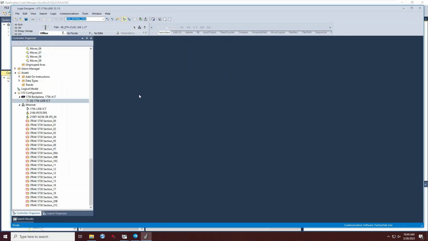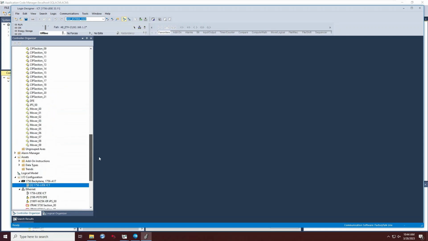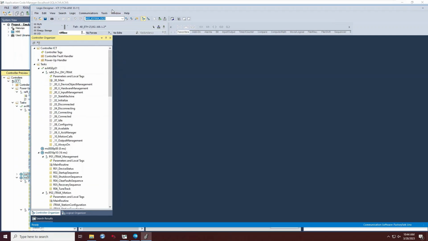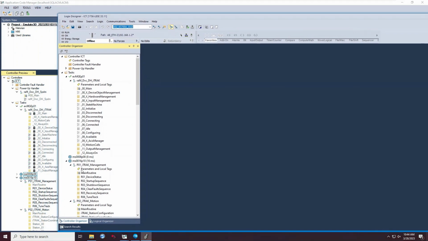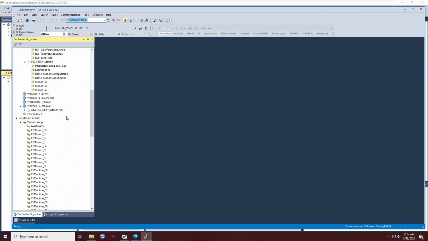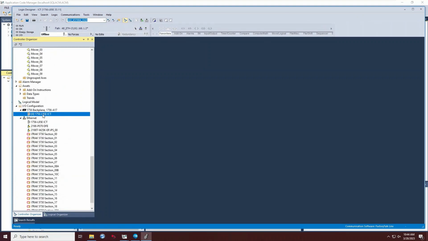With the ACD file opened up, we can now see that everywhere within the processor, I have all the sections added over the Ethernet network. I have all the movers, all the sections in my motion group. I have all of the routines, all the logic that you saw previously here within Application Code Manager, here within Logix Designer. Now, one thing to note is, if you remember when I was in Emulate3D, I stated the IP address was